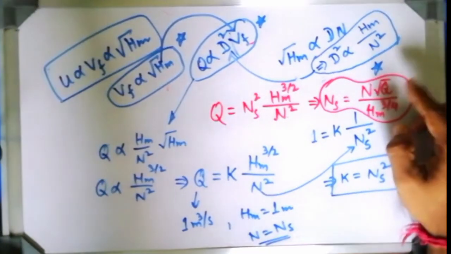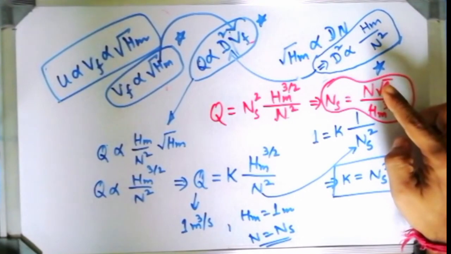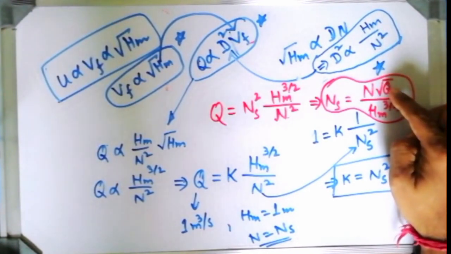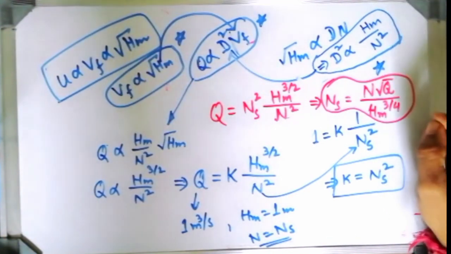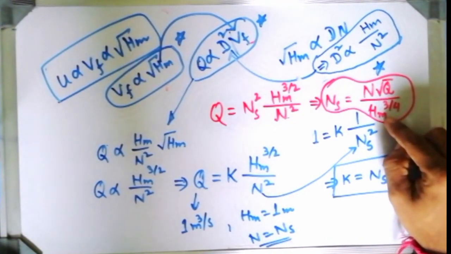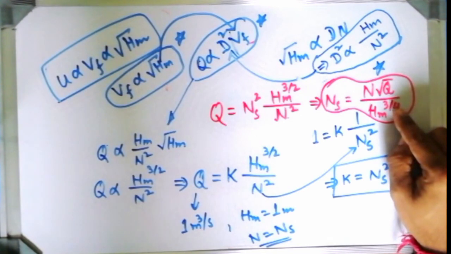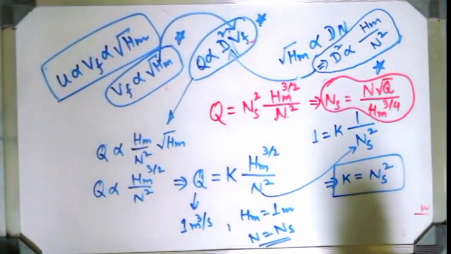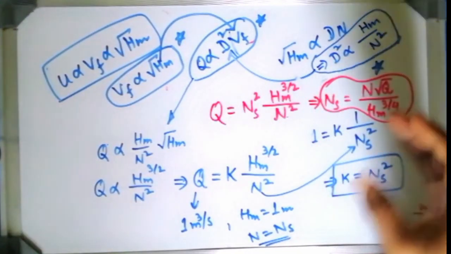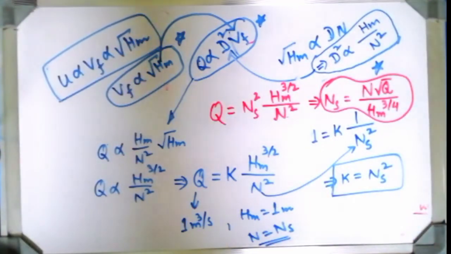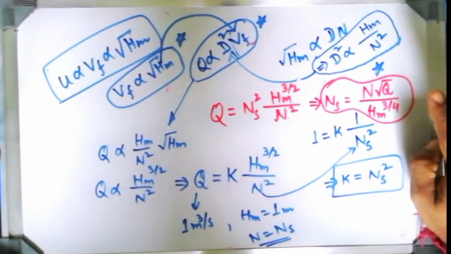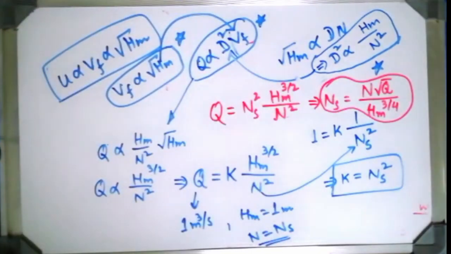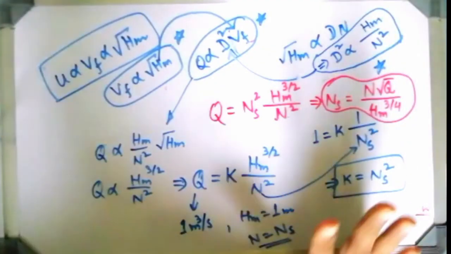It will be slightly different for a turbine. If you see the specific speed for a turbine, then q will be replaced by power, because power will be developed by the turbine, and it will not be hm to the power 3 by 4, some different index will be there. Quite a similar pattern, but some different terms will be there. Instead of q, p will be there, and instead of 3 by 4 it will be 5 by 2 or something else. I cannot remember that expression, but it will be in the same manner.